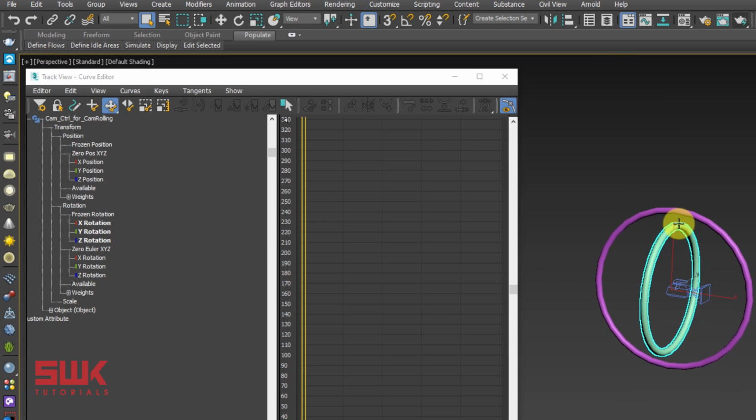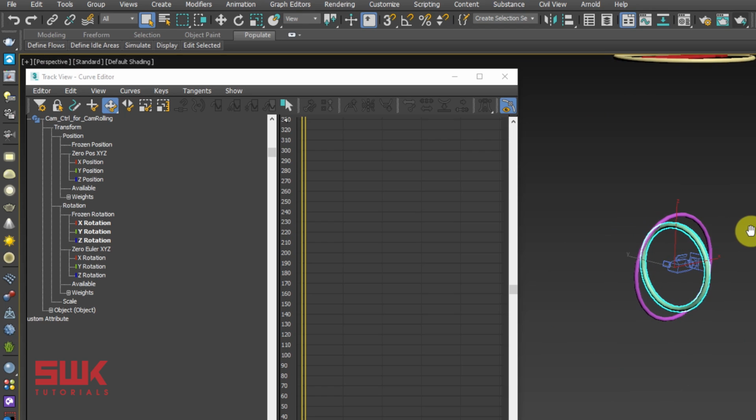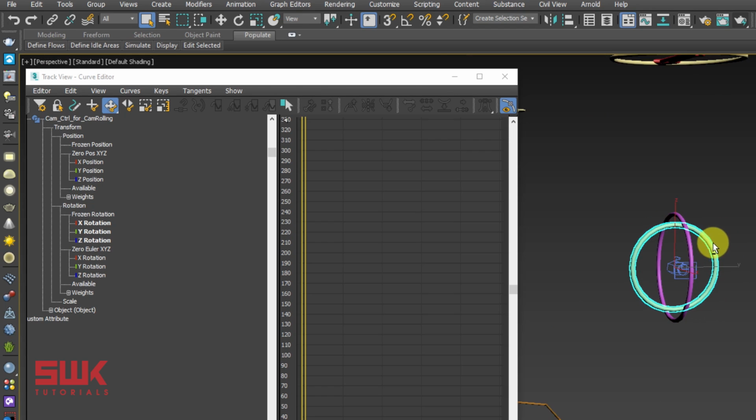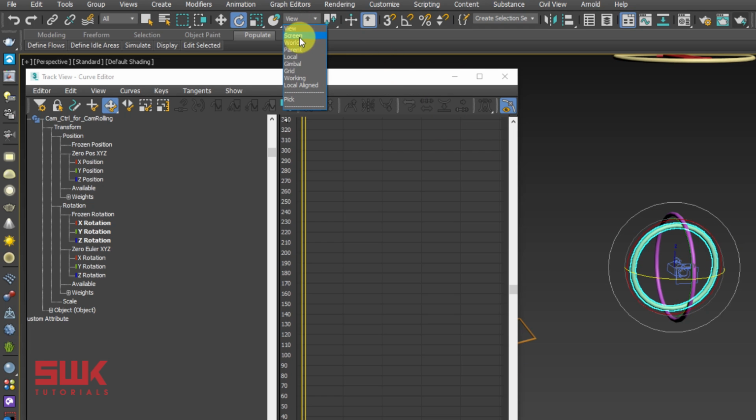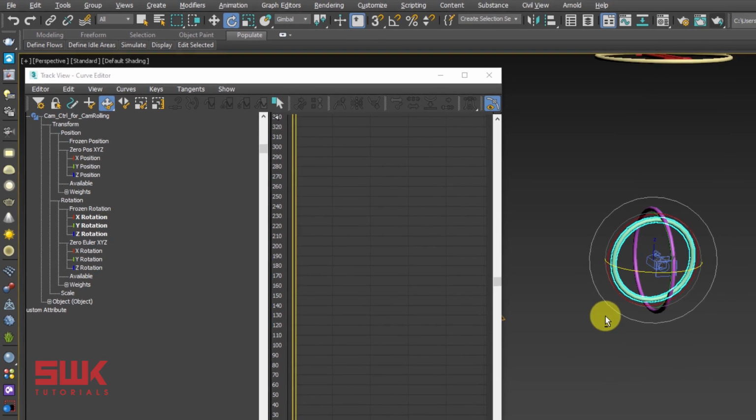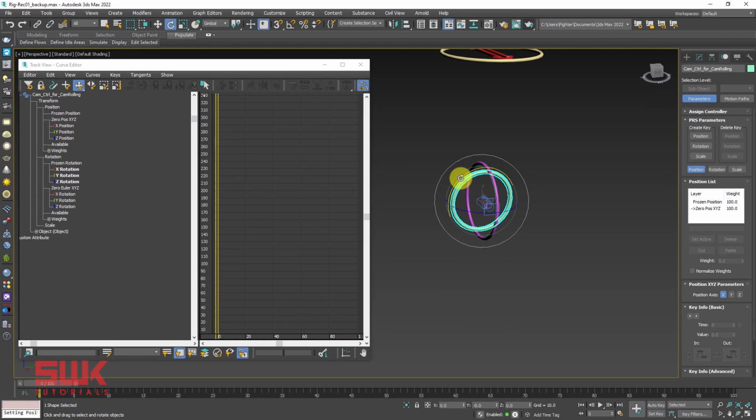Next, click on the roll one. If you remember, the main purpose of the roll is, if I click here, make sure it is on gimbal or local. It has to rotate like this. It has to roll the camera. And if you see, the axis is X. So we only need the X axis, nothing else other than the X. So just zero it out.